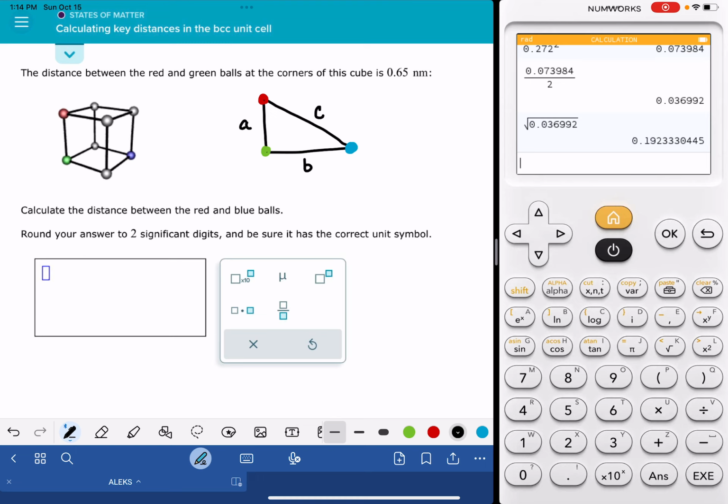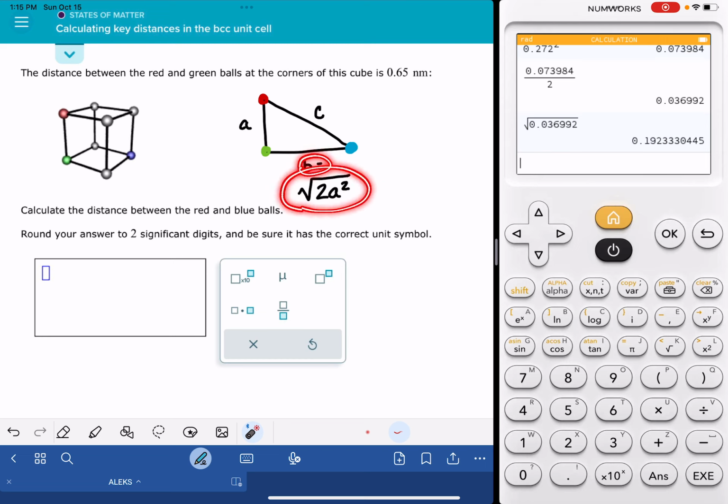What I want you to recognize, and I'm not really going to walk through a long derivation of this, is that the side length B is equal to the square root of 2a squared. I'm just going to leave it like that. So if we want to solve in terms of A, side length B is the square root of 2a squared. I'm not going to spend a lot of time on that, but that comes from the relationship that